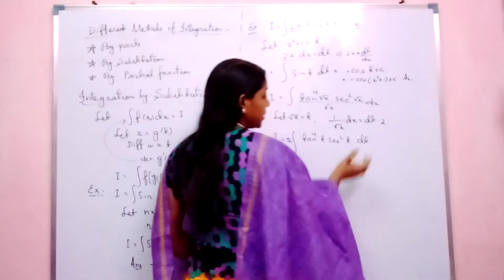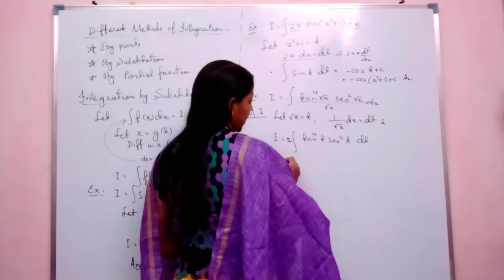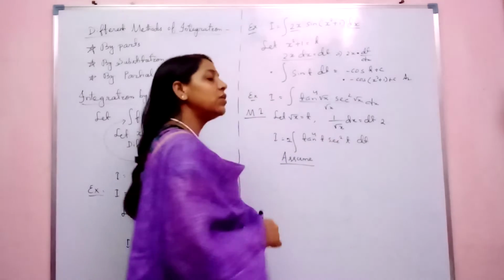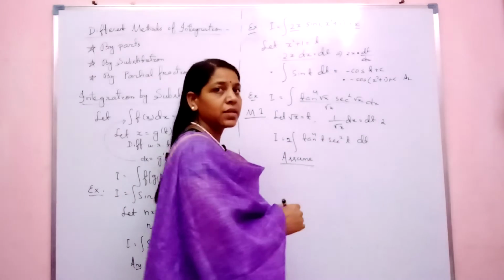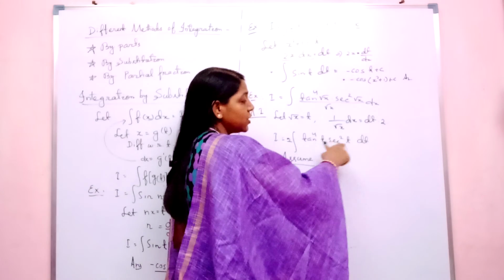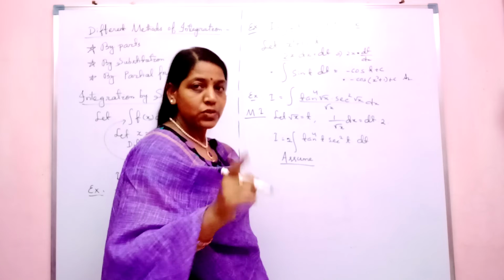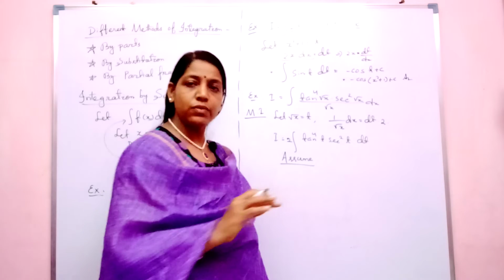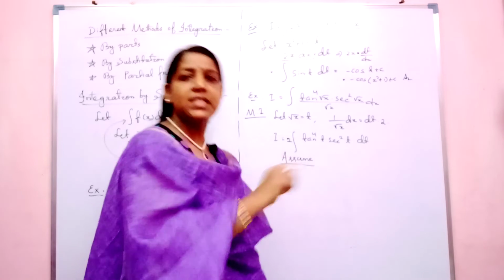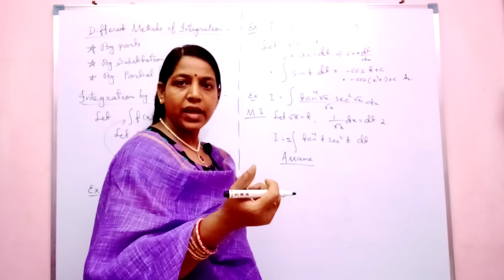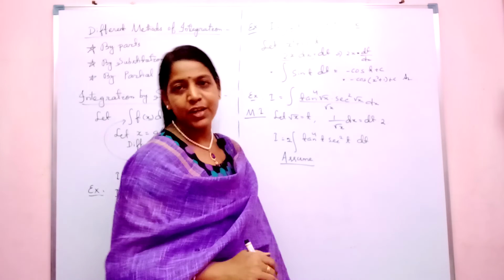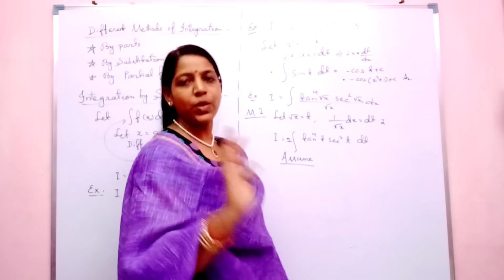Now again a second substitution is needed. So second, assume, you think which term you will take so that the other term will be present. If you take tan t as a variable, then the differentiation of that will be secant square t. Yes or no? So I told you there is no hard and fast rule for substitution. You have to inspect, search inside which term you have to take as another variable, so that the differentiation of that will be present inside that integration. That is the wise way to approach.